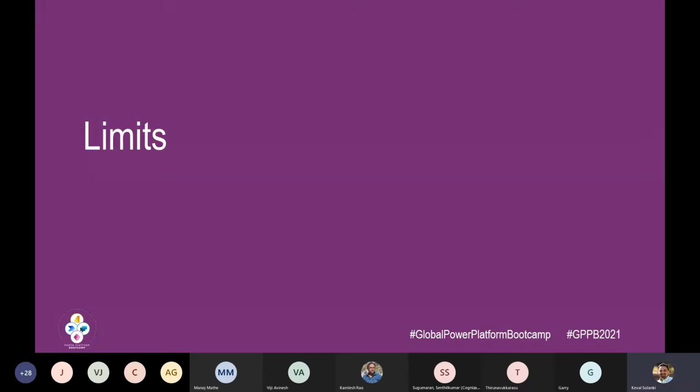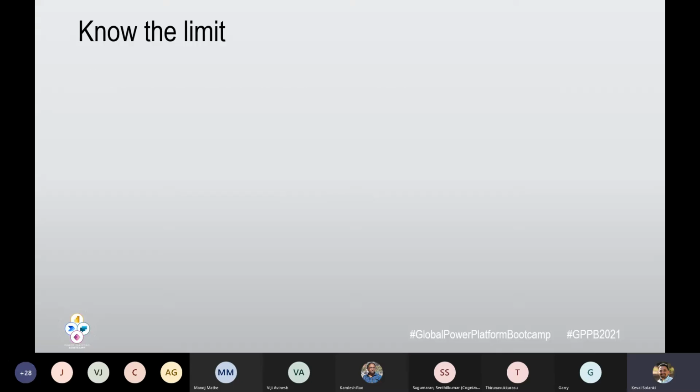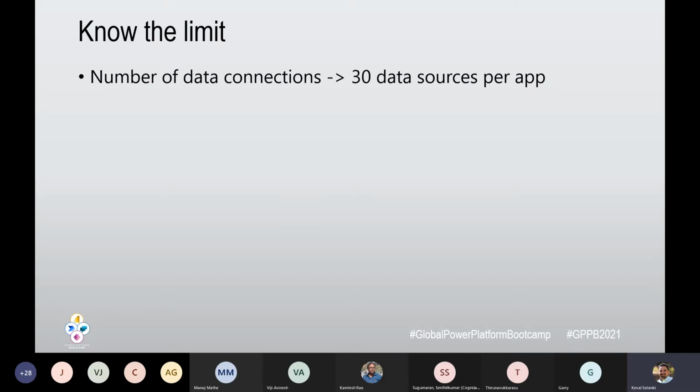Okay, so now we covered tools. Definitely now we need to talk about the limits as well. What kind of limitations are there when we are working with Canvas apps? Microsoft is having this limitation called number of data connections. When we talk about data connections, it says about data sources.